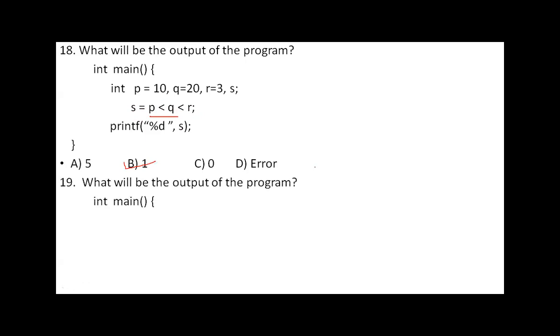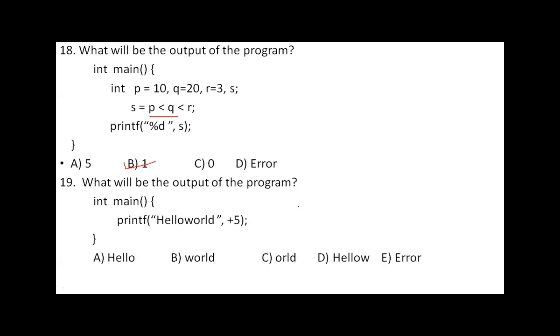Next, what is the output of this piece of code? Just see here. printf hello world, comma, plus 5. The meaning of this is correct.